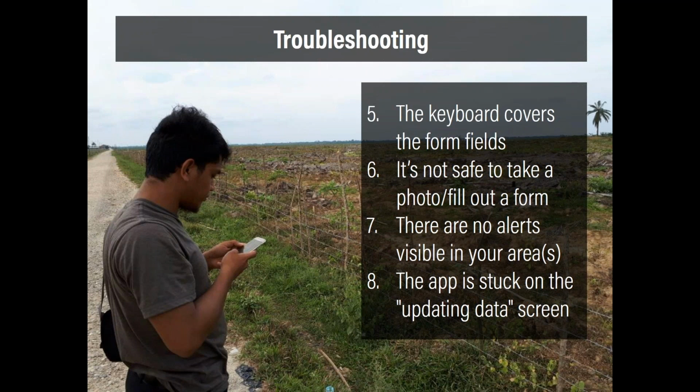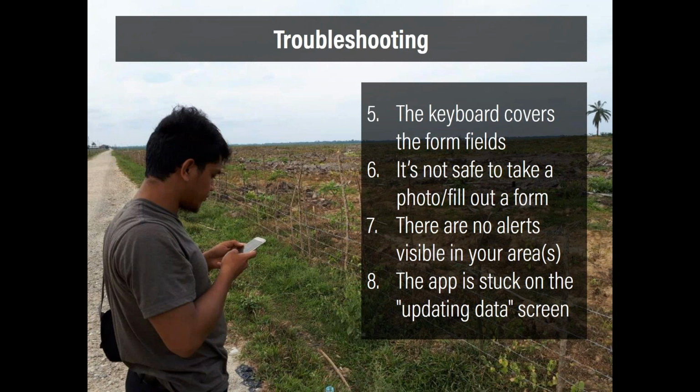You can also go on the Global Forest Watch platform to see if there is data available in your area of interest based on either the GLAD alerts or fires alerts. If there isn't any data on the Global Forest Watch platform, then there isn't any data for that time period in your area. You could try to change the time period that you're looking at,